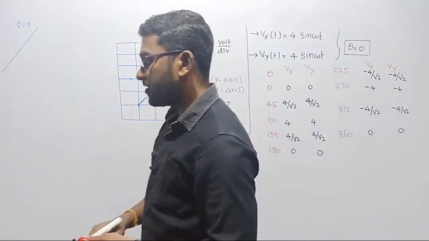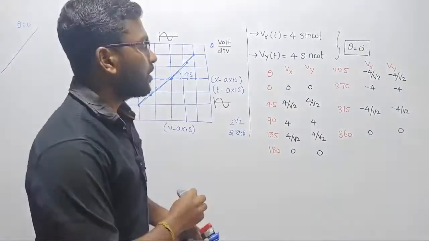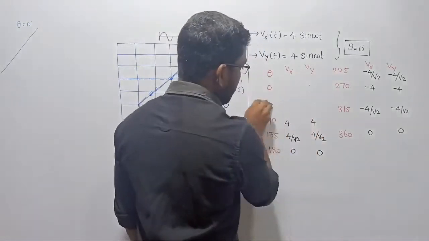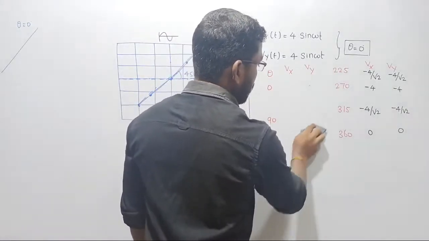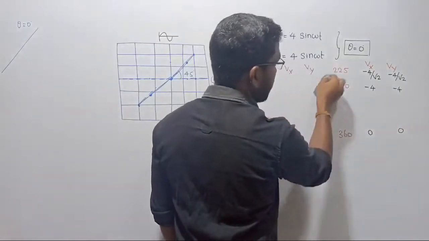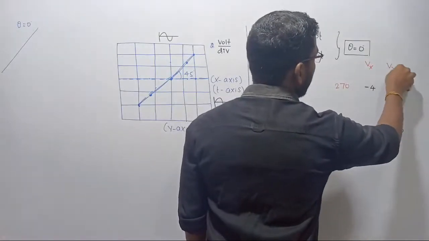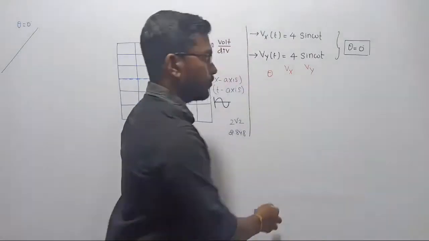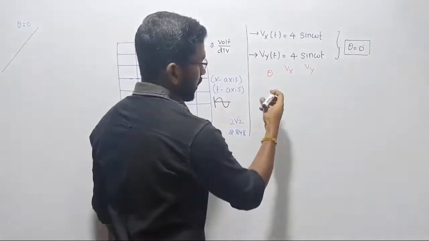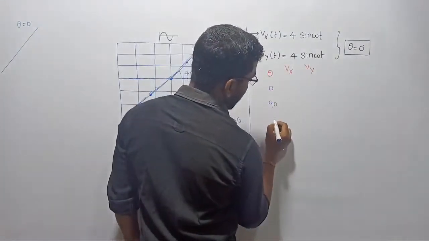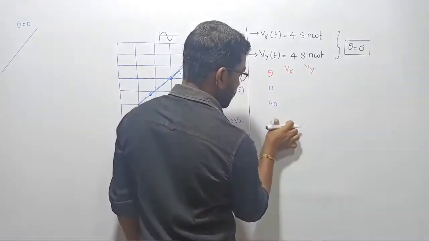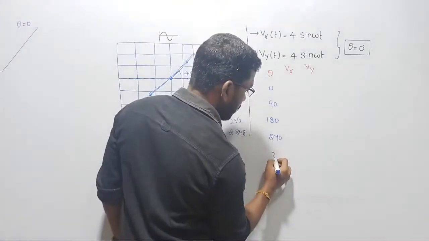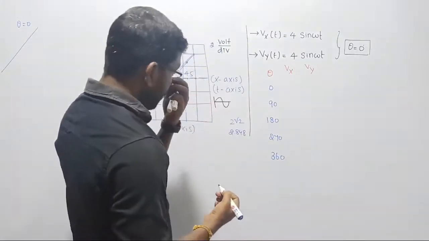Let us see the second case. Let me try to change the phase angle. The next task: let me remove this 45 altogether. Now you know how to draw these things. Let me remove this 315 and this 225 also. We will just consider 4 values and plot them. Again theta 0 degree, then 90 degree, then 180, then 270, and then 360. I think that is enough. 5 scale values are there.